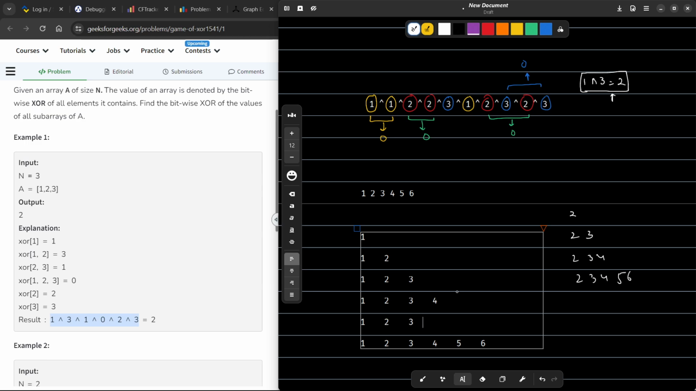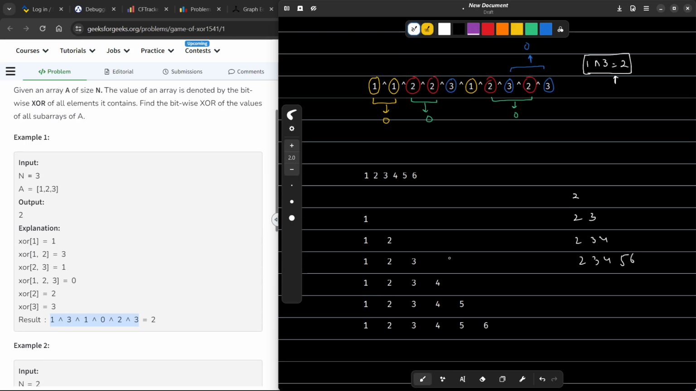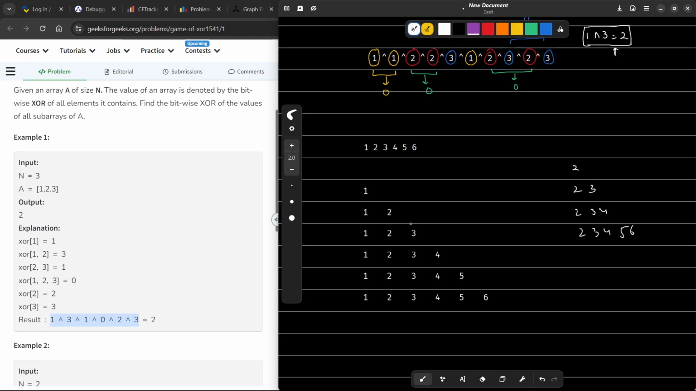2, 3, 4, 5. Right. Now you see this figure is complete. So now what I can do is I have to count the number of ones in the subarrays that are starting from 1. So those will be these ones, right? So there are actually 6 ones